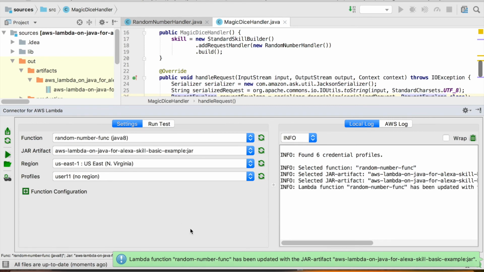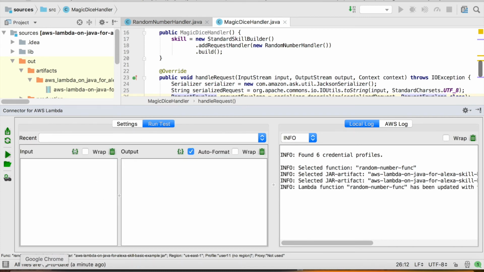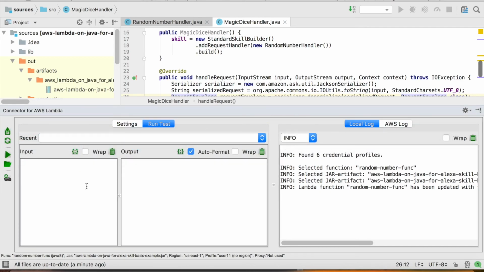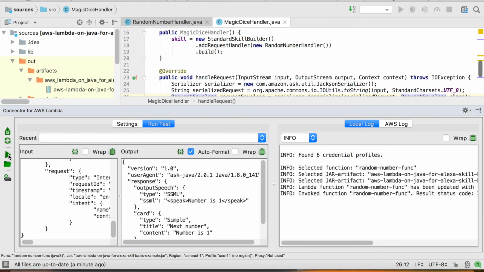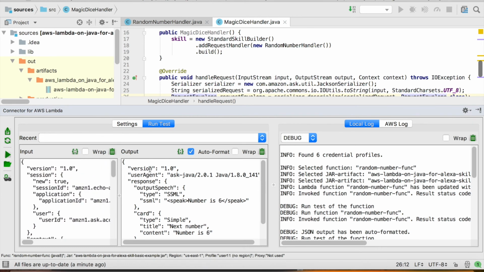So we don't need to log into this web interface, and in run we can get this here and hit run test, and we'll get this number here as well. Here we can have more information, and every time we call this we have these different numbers here. And this allows us to reformat this, and this automatically reformats the output.